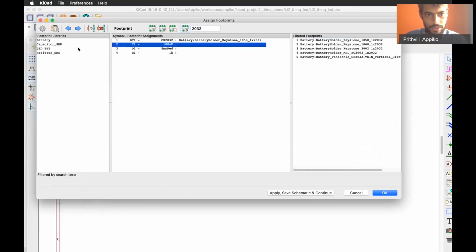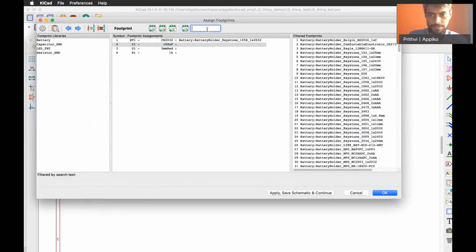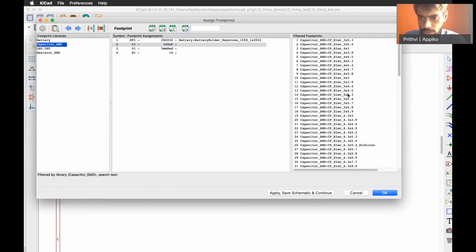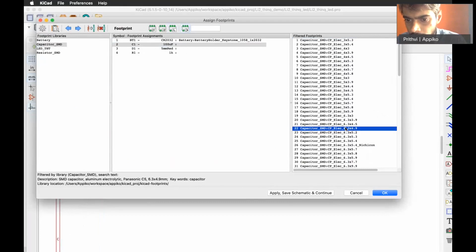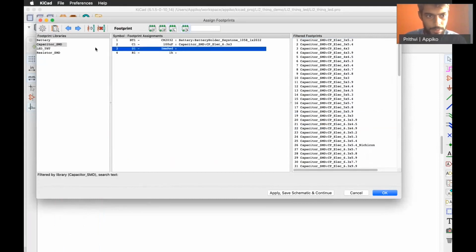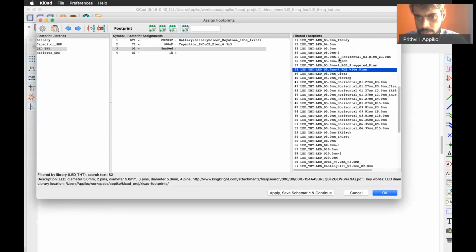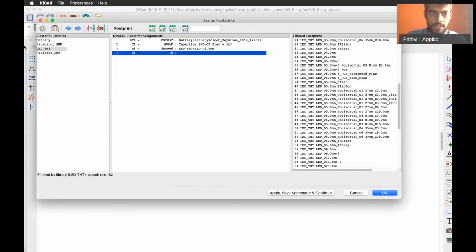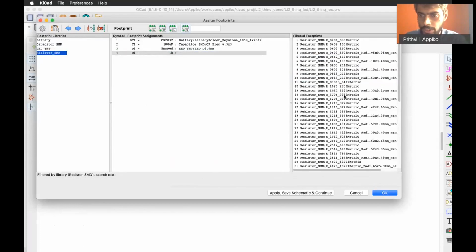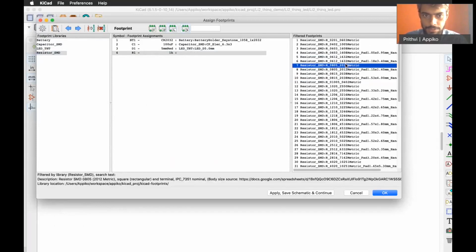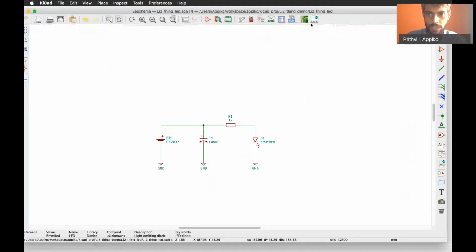And then for the capacitor, we'll use an electrolytic part and a 5 mm LED. And as we mentioned, we'll use a 0805 resistor. Say okay.